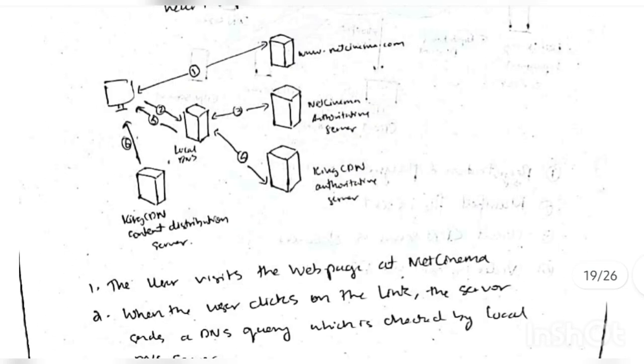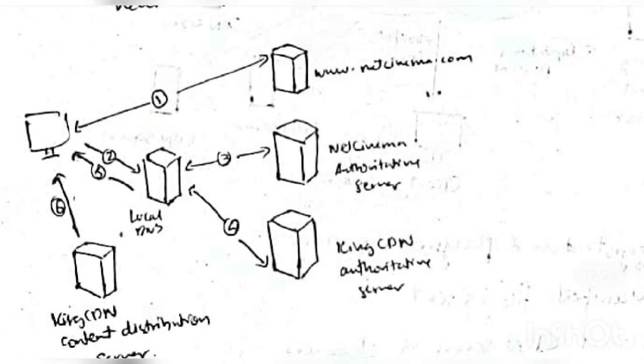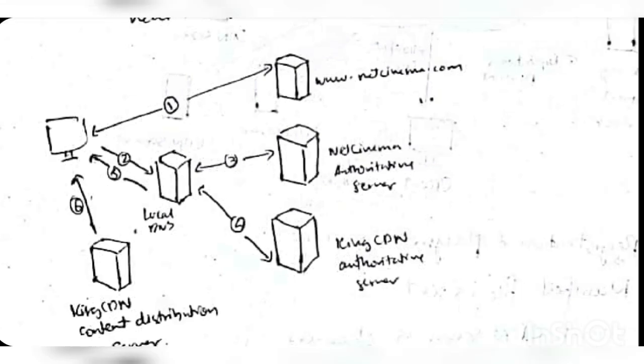And suppose we take an example here. In the exam you have to explain this one. A user will request a server, which is netcinema.com. Okay, netcinema.com is a website from which the user is requesting the data. This is a user who is sending the request to netcinema.com. Okay, so when the request is sent from here to here, first